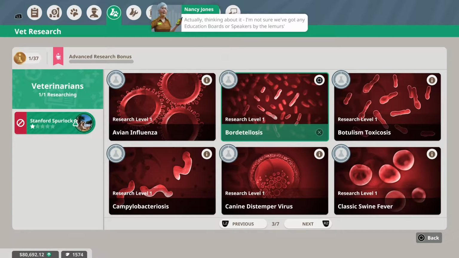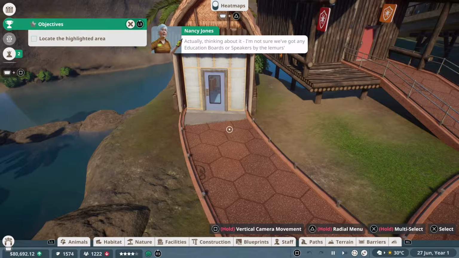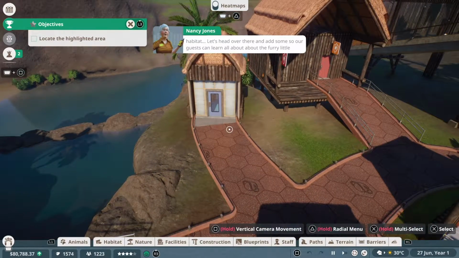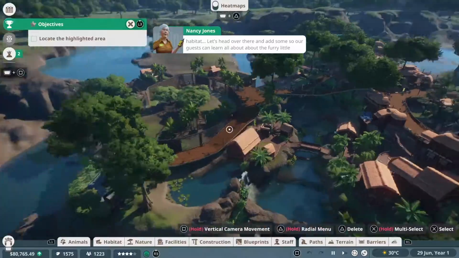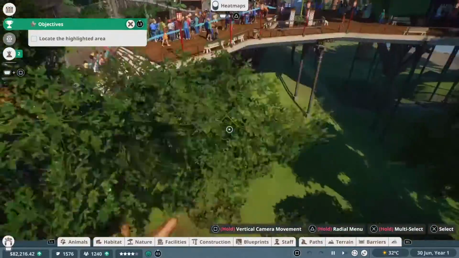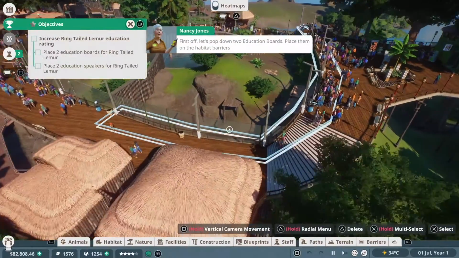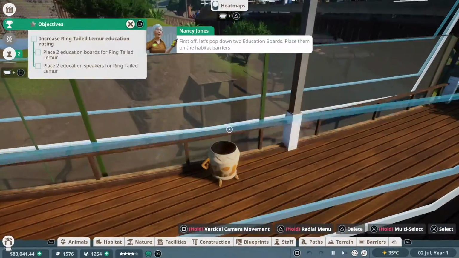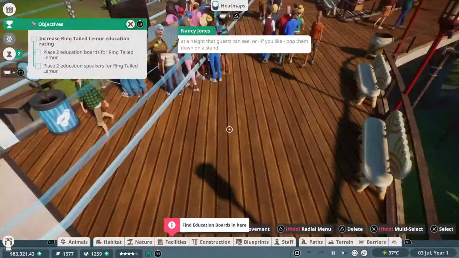Actually, thinking about it, I'm not sure we've got any education boards or speakers by the lemur's habitat. Let's head over there and add some, so our guests can learn all about the furry little delights. First off, let's pop down 2 education boards. Place them on the habitat barriers at a height that guests can see, or, if you like, plop them down